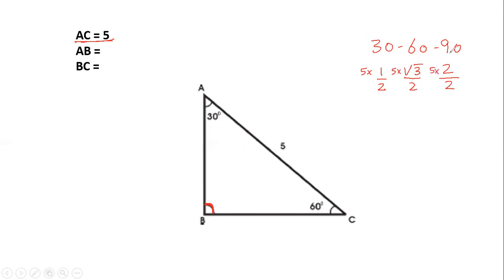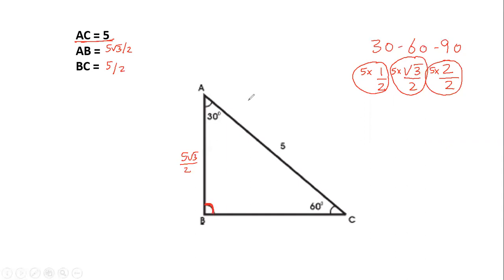So do you acknowledge the side in front of 90 is 5. The side in front of 60 directly comes out to be 5 root 3 by 2, which is nothing but side AB, so I can write it here, 5 root 3 by 2. And BC, which is the side in front of 30, automatically comes out to be 5 by 2. So if I know one dimension, I know all the dimensions. Now that's the advantage of a special triangle.